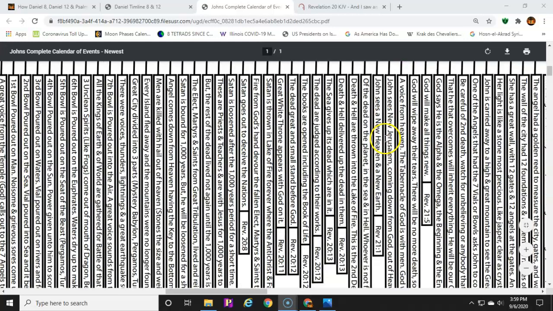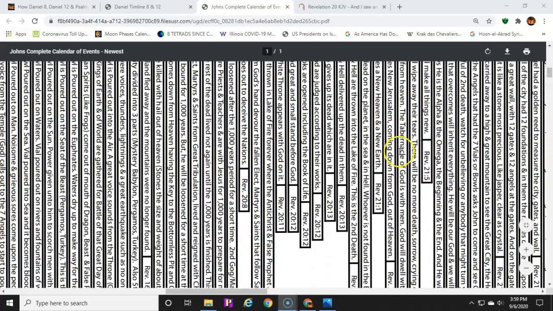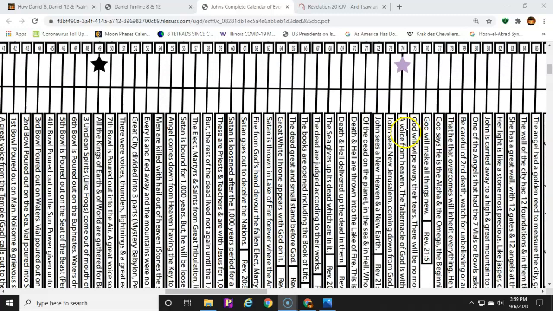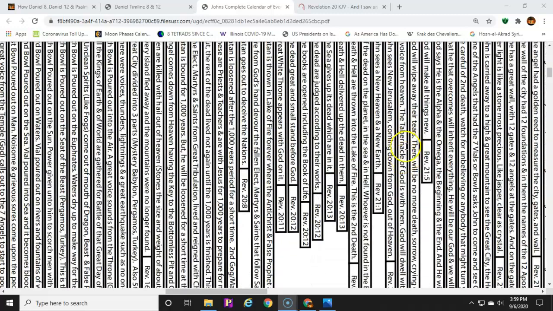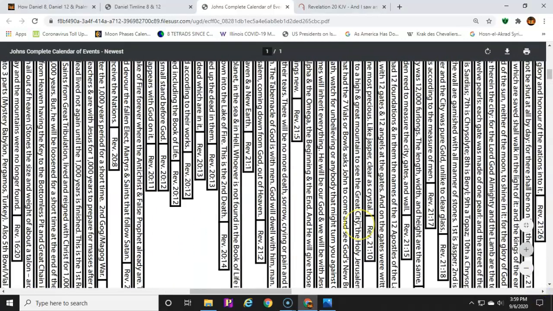He sees the new heaven and the earth are together. John sees the new Jerusalem coming down from heaven. And he hears a voice from heaven saying that the tabernacle is with men. God is on the earth. He is with men, and he is with us, and we will tabernacle or be with him for eternity.